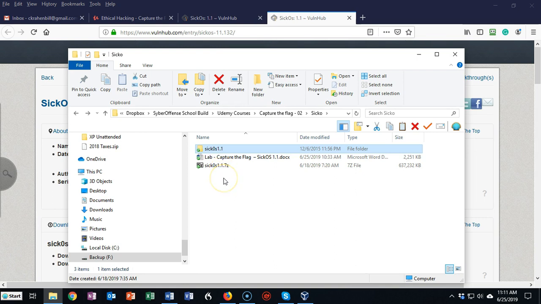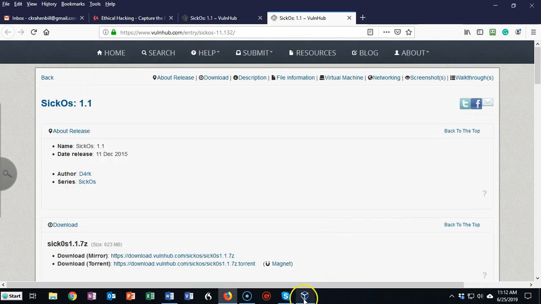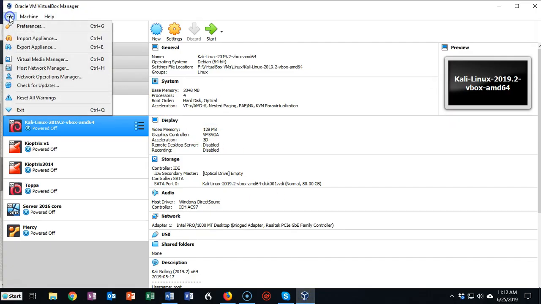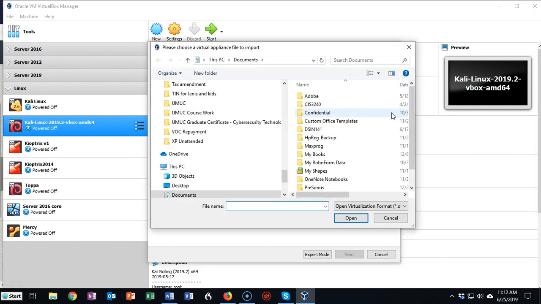So once you've downloaded and extracted the contents of the 7-zip file, you can go into the extracted folder, and there you'll find your OVF file. Once you have all that done, you can open up your VirtualBox Manager. You can go up to File, you can go to Import Appliance. From here, you can just click on the folder icon to browse on over to where you saved that downloaded